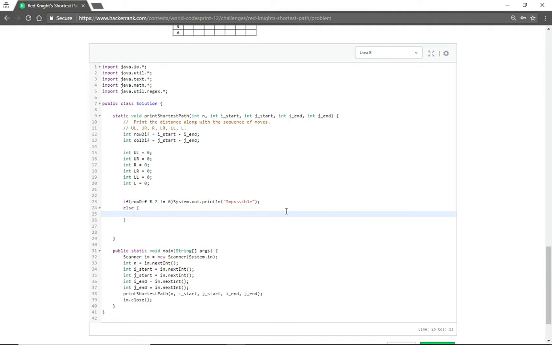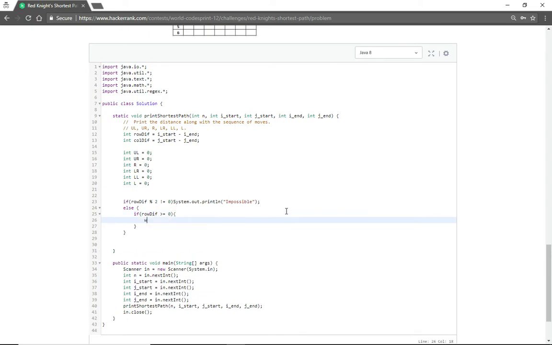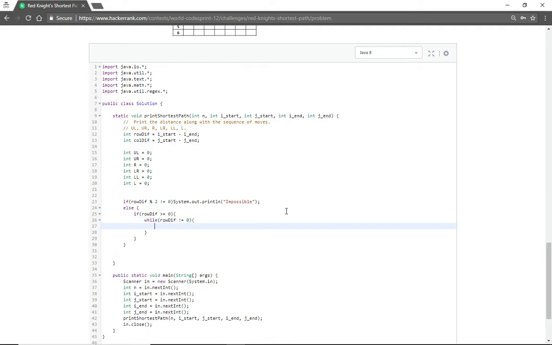Okay, so first things first, if our row difference is, as I said earlier, if it's positive, we have to move up. So I'll start by checking if our row difference is, it doesn't matter if it's 0, so I could just do equal then, or greater than. So while it's not 0, we want to continuously move up in rows. So we could check here if our,